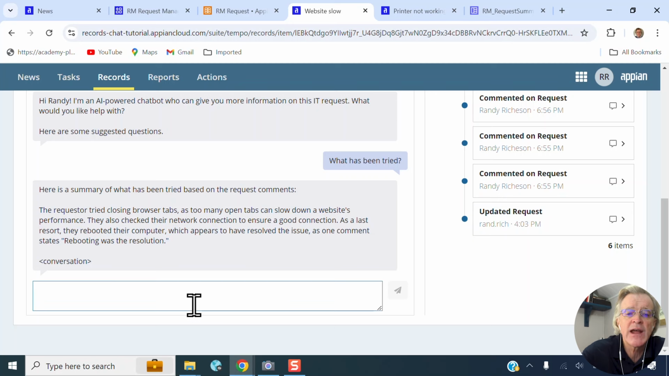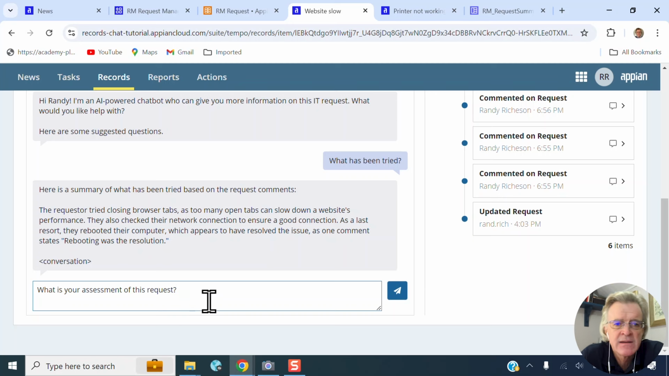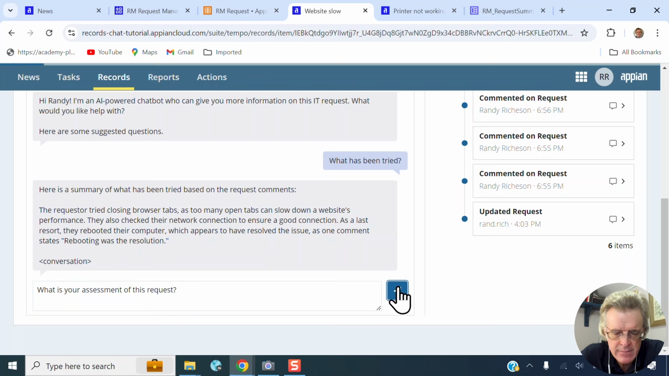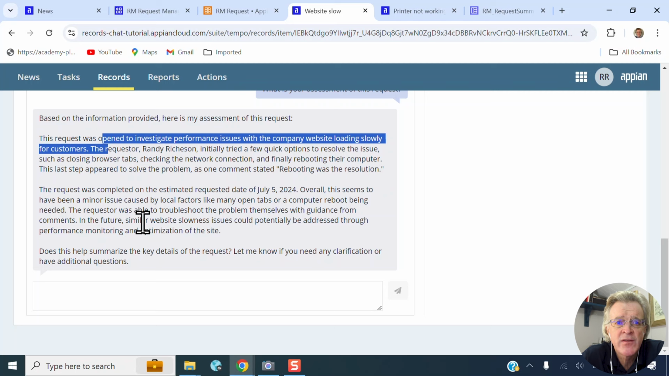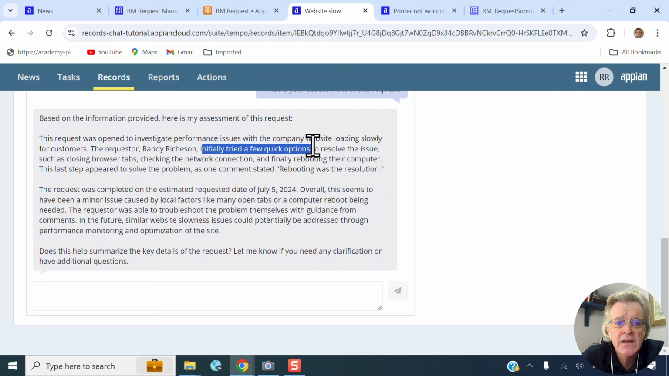Now, as a user, I'm going to ask a different question here. What is your assessment of this request? So we're asking for a judgment from our record chat. And as we see, it should return a response. And we can see here again that the request was open for the website running slowly. It looks like a few quick options were initially tried to resolve the issue, and then the request was completed